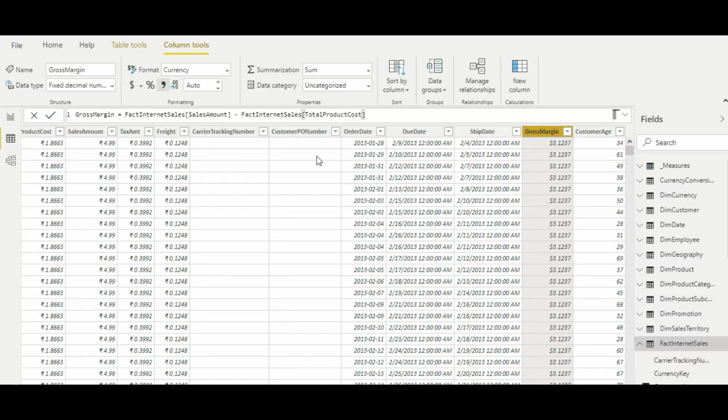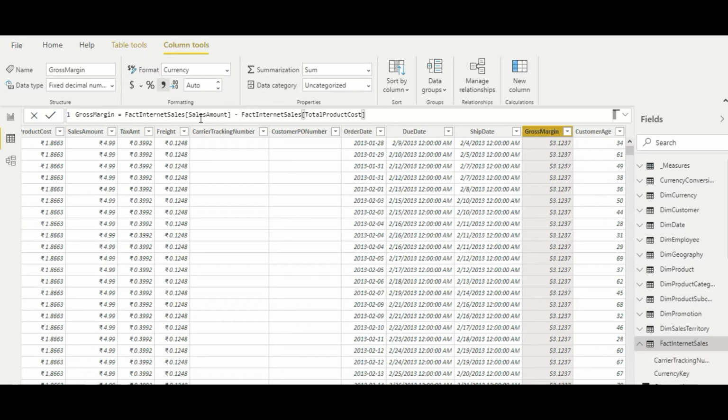Similarly here, as we wrote this formula and pressed the OK button, the row context triggered and started calculating the gross margin for each row, independently.